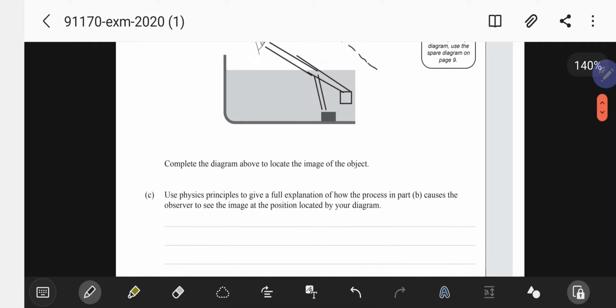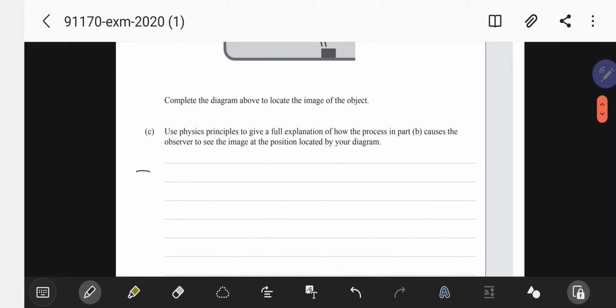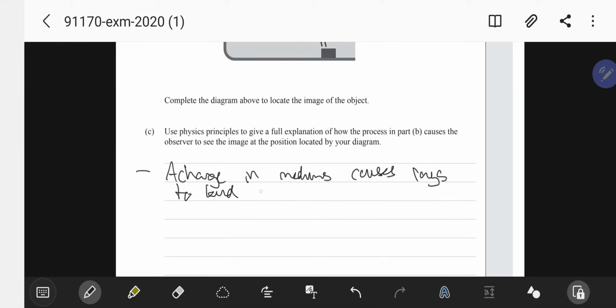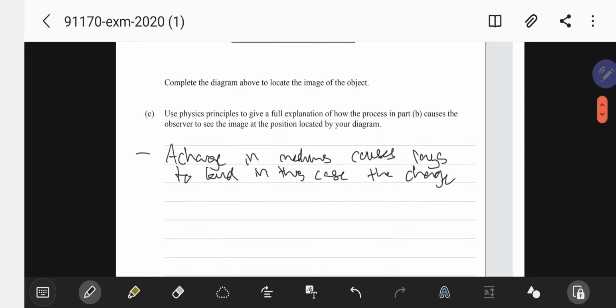So we know that a change in mediums causes rays to bend. So in this case, the change in mediums at the air-water